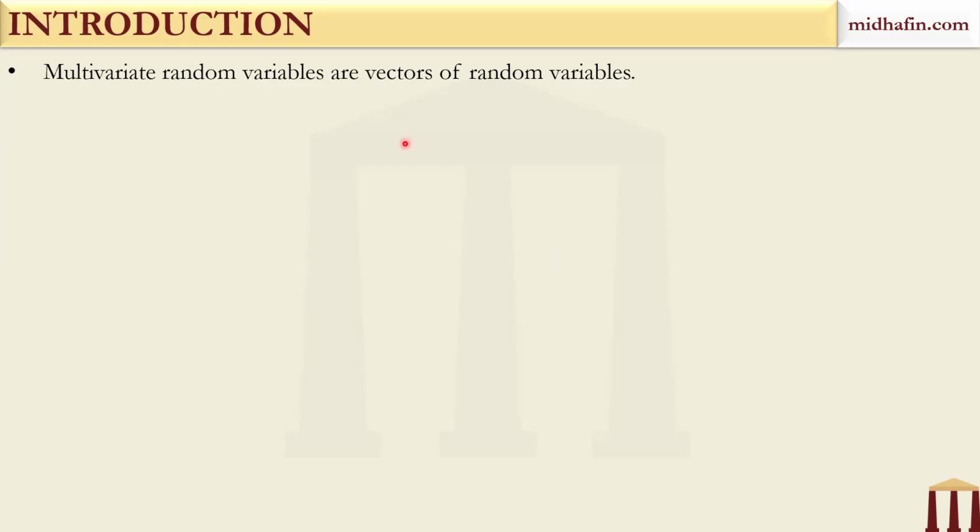So we are just extending the idea of univariate random variables, or single random variables, so that we can include the interactions or dependencies between two or more univariate random variables. Each component of the multivariate random variable is actually a univariate random variable. The example is bivariate random variables, and we'll see an example of bivariate with some numbers after a